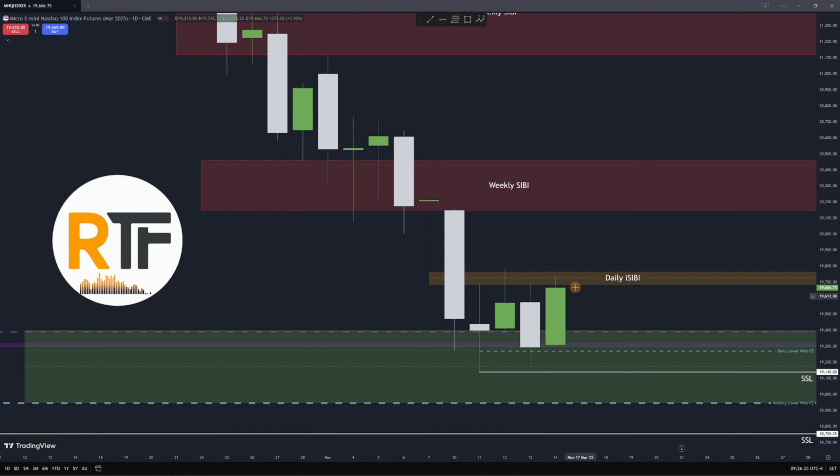If we start displacing lower, if we start just going down, then I'm looking for these relative lows to get taken. Can we take out the sell side here? Possibly. Probably just going to take out these lows and maybe go into this 50% on the lower wick on the monthly chart. But this daily SIBI here, this is the one you guys want to keep your eyes on going into this week.